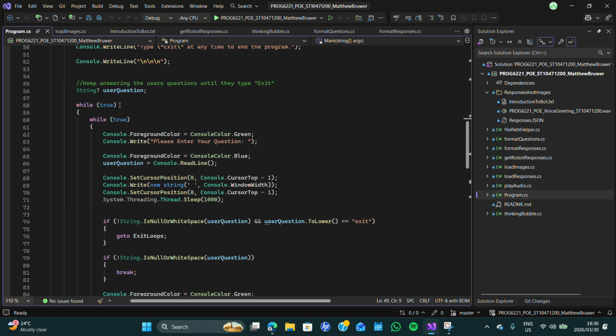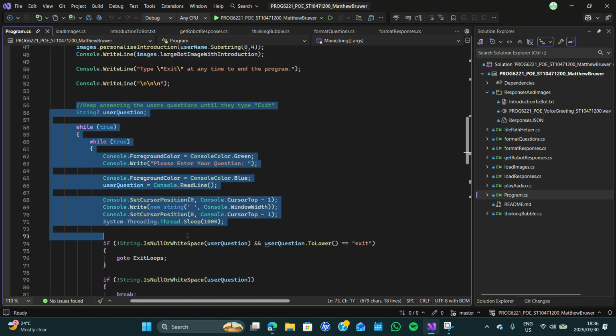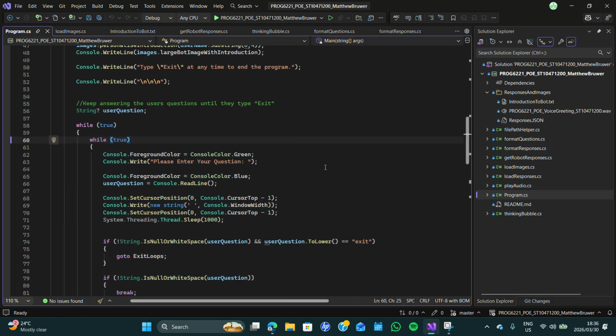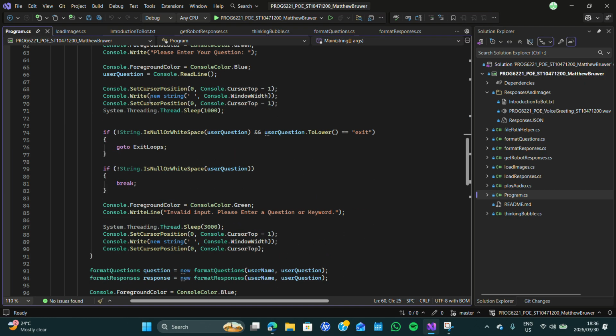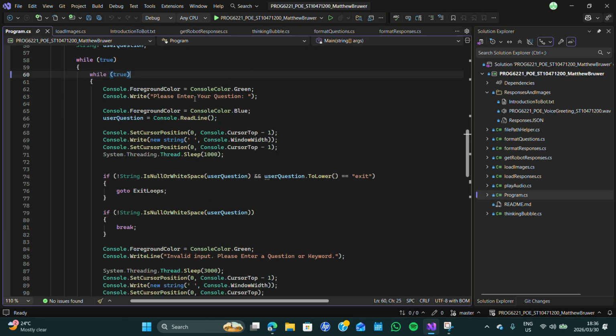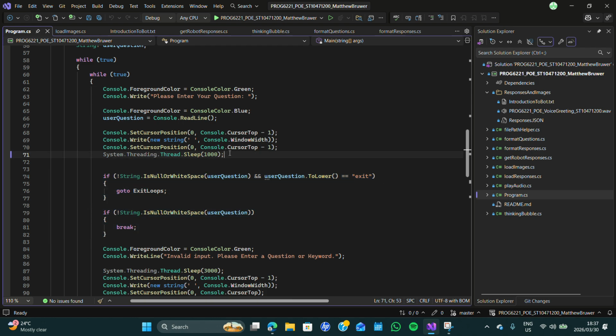Okay, so this part just keeps telling the user to ask a question so that the bot can reply. Down here, please enter your question, and it also validates whether the question was actually entered or if exit was typed.